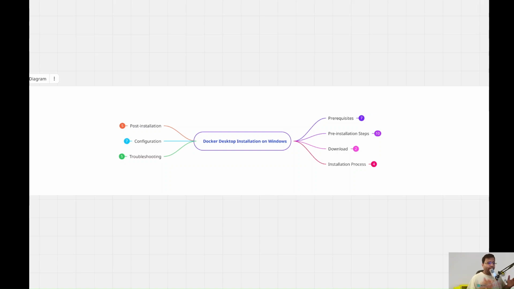So, friends, before I get into the depth of it, it's very important to take note of prerequisites. What are the pre-installation steps? How to download? How to configure? That all is very important. So listen carefully, and I hope this video will help you to install Docker on your Windows laptop or